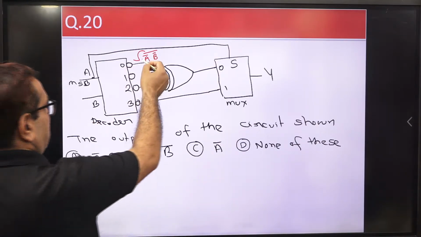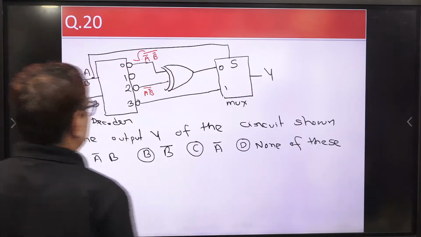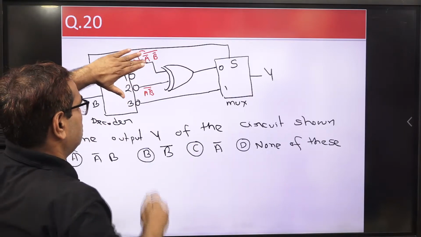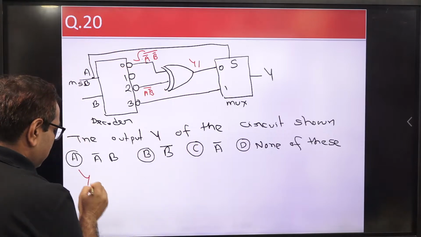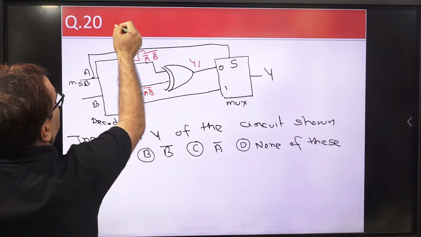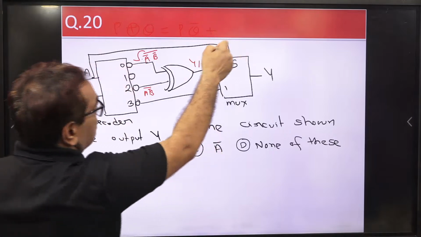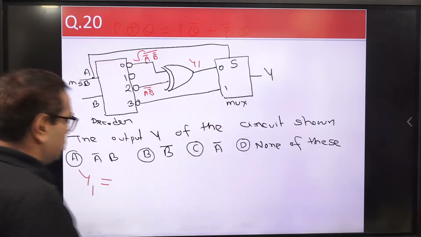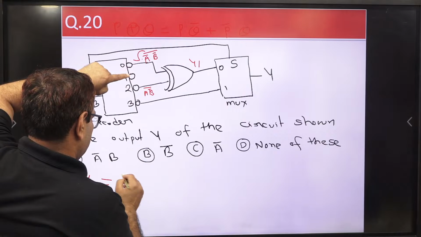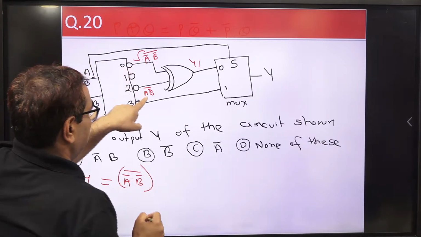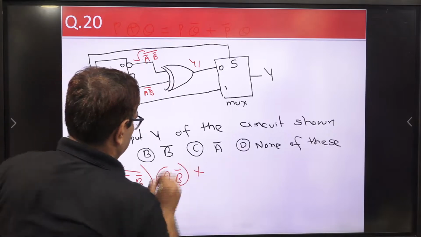Can you simplify this? In XOR, what we do is one input into the complement of the other. Suppose the output here is Y1. You know P XOR Q is P Q bar plus P bar Q. So use that concept here. This, that is A bar B bar whole bar, into its complement, so its complement will become A B bar, plus